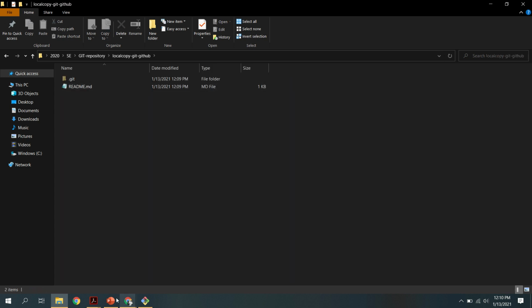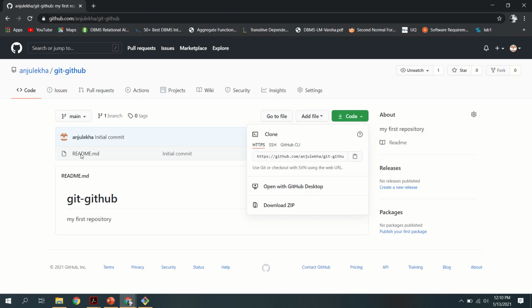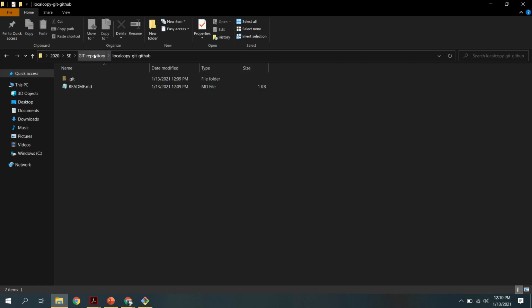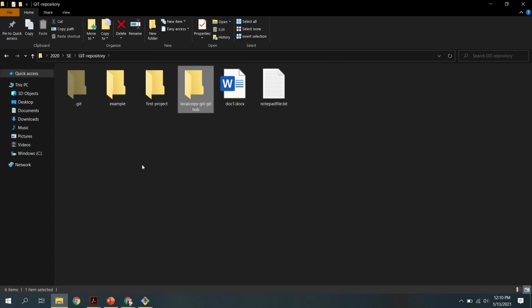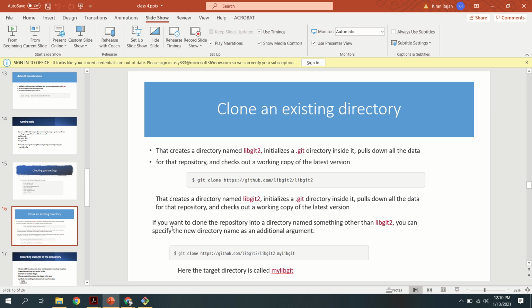If you take the GitHub copy, only one file is present there, that is the readme file. So whenever I take a clone copy and execute git clone, and I open that copy of the particular GitHub repository, I can see that the same file is present inside. That is, an actual copy, a clone copy of that repository, will be copied to your machine. So that is the meaning of cloning. So this was the details about it.